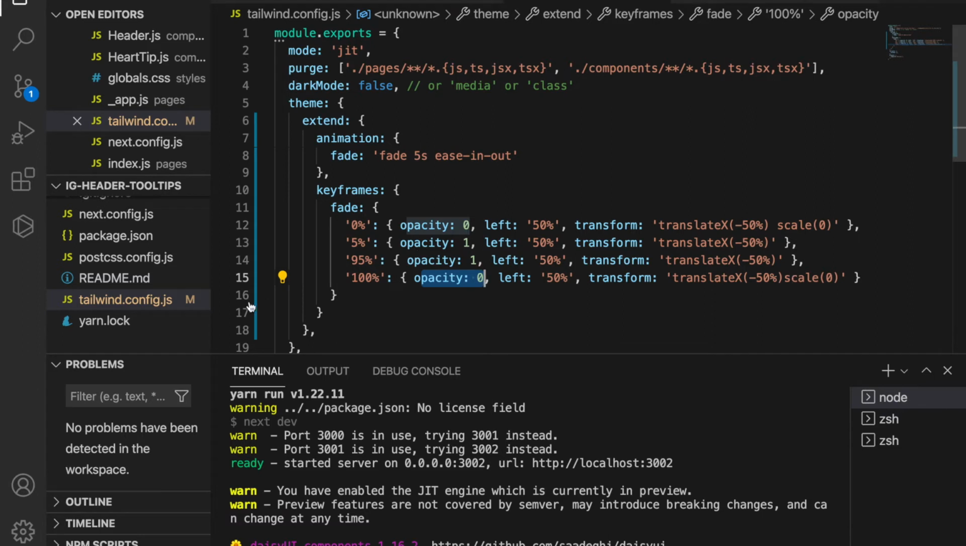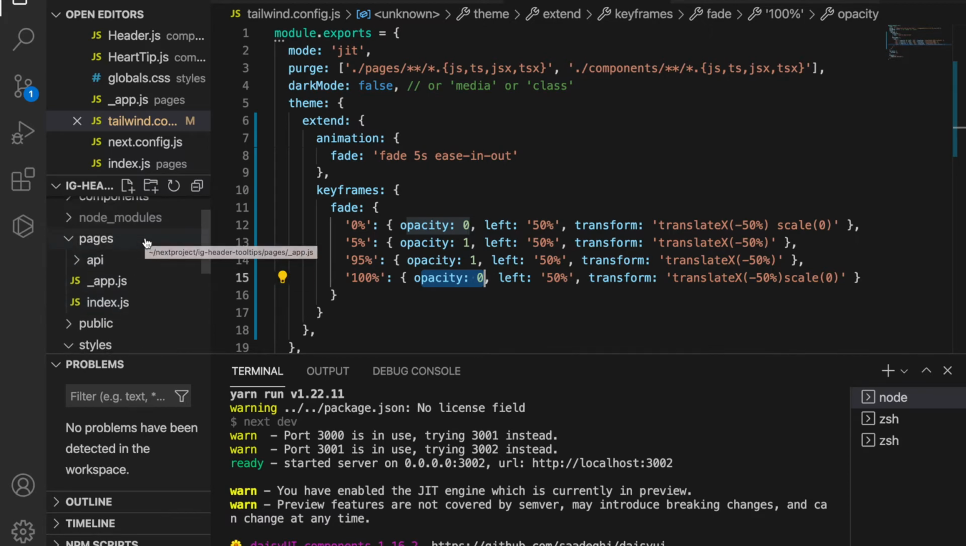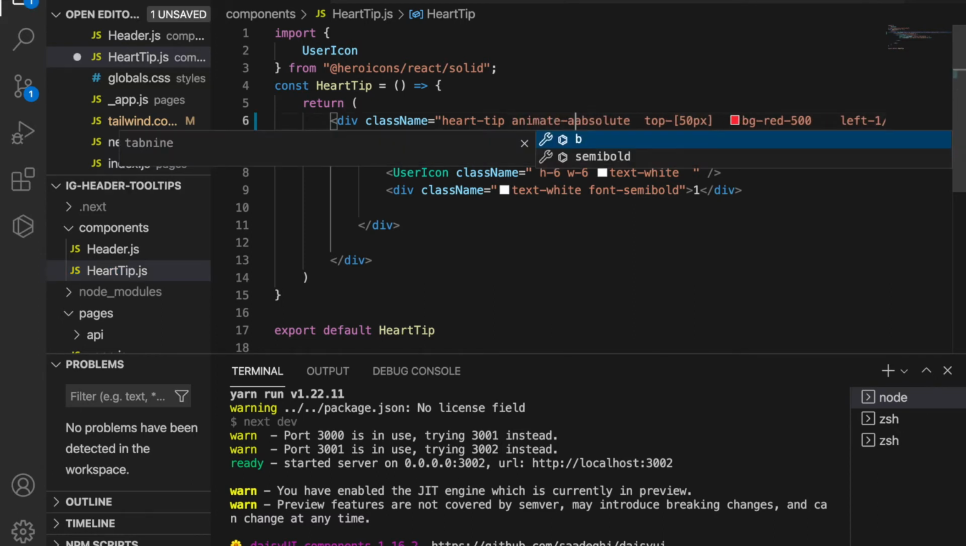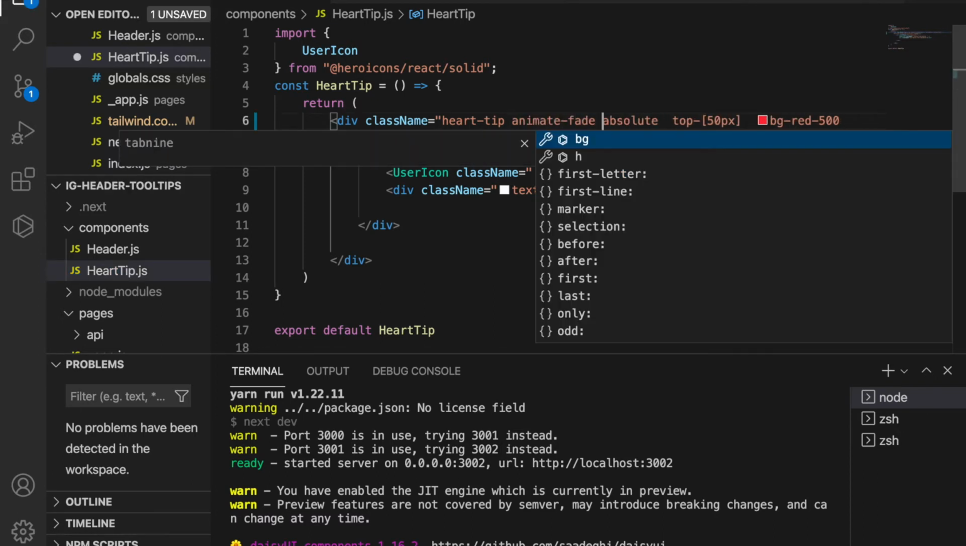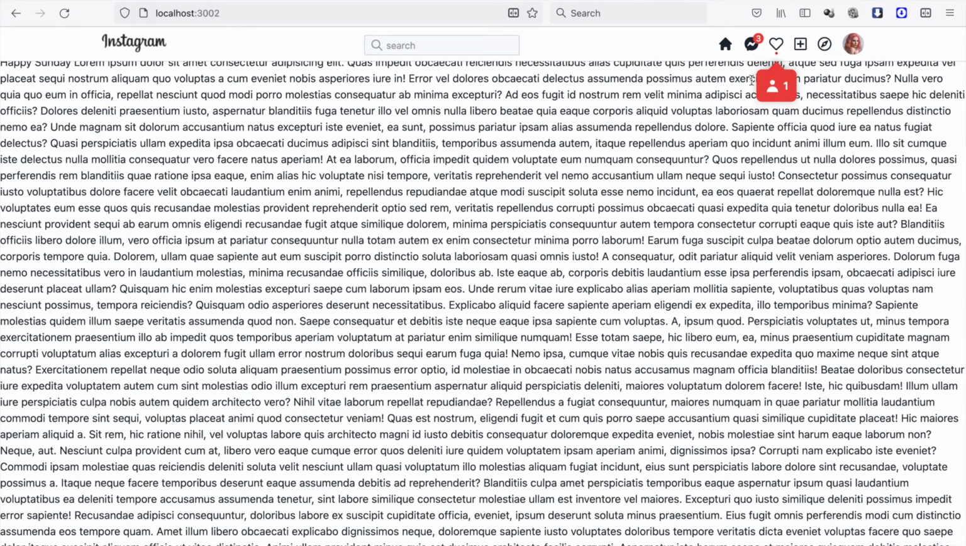So now we are going to add the animations to our heart tip. So we go to the heart tip component, and then we go to here, and then we add animate fade. Now we save it. Now you can see it pop up, and then after a few seconds it disappears, but it appears again because